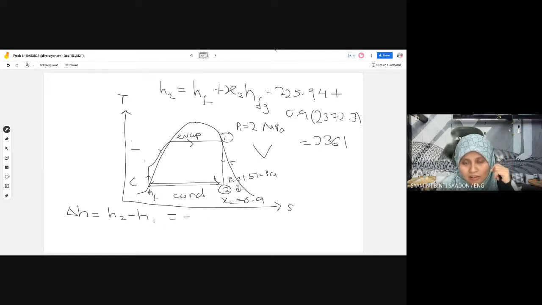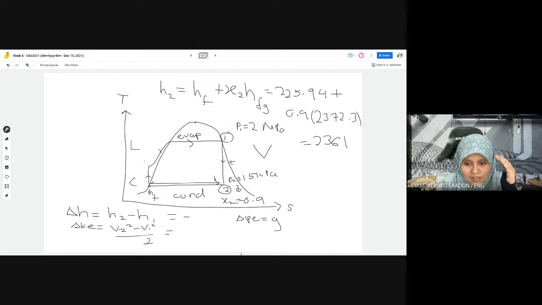So that means the enthalpy is decreasing. And then delta KE, kinetic energy, V2 square minus V1 square over 2. Kinetic energy must be positive because we see that the velocity is increasing. Okay. And PE, potential energy, the gravitational force,